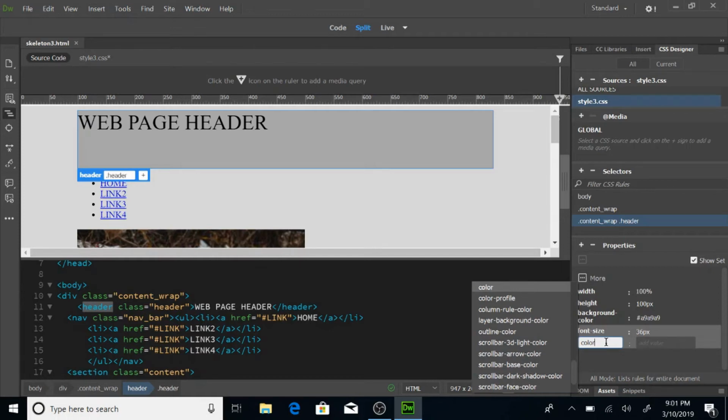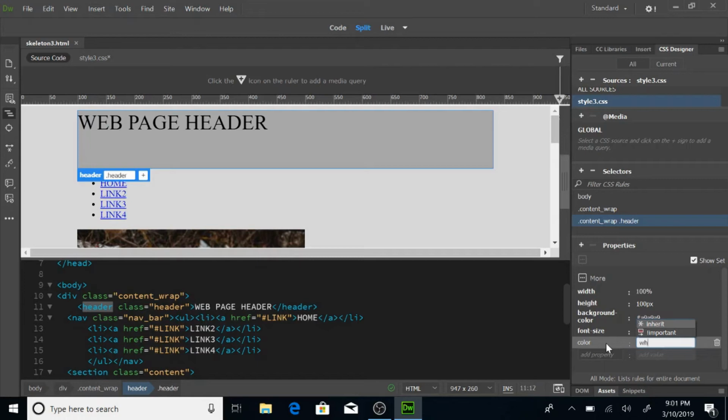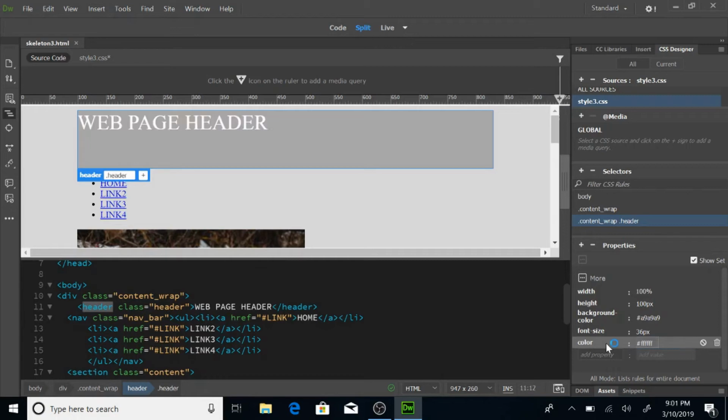Background color changes the background color, color changes the text color. And let's just go with #FFFFFF for white. Okay, so there's some text in there for the header, and we could put a background image in there if we wanted to, but we're not too worried about the header for this tutorial,